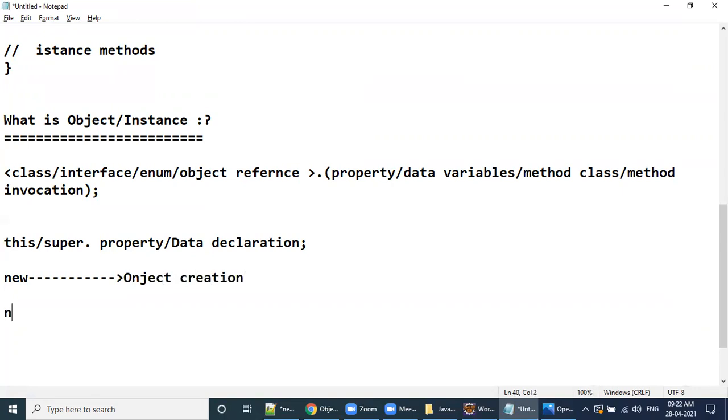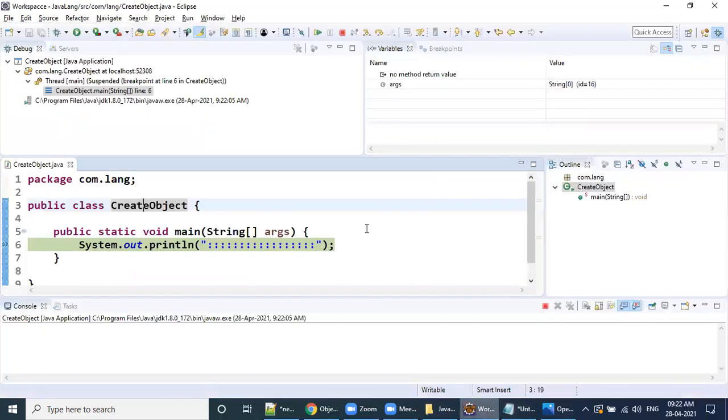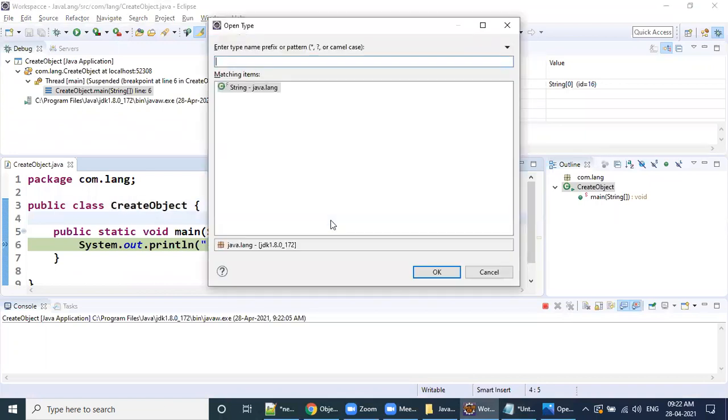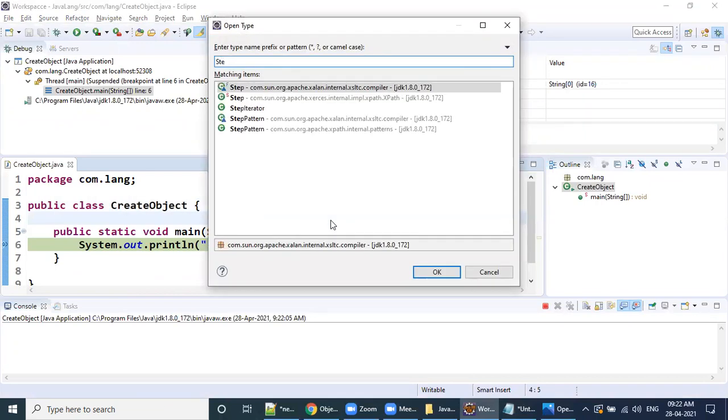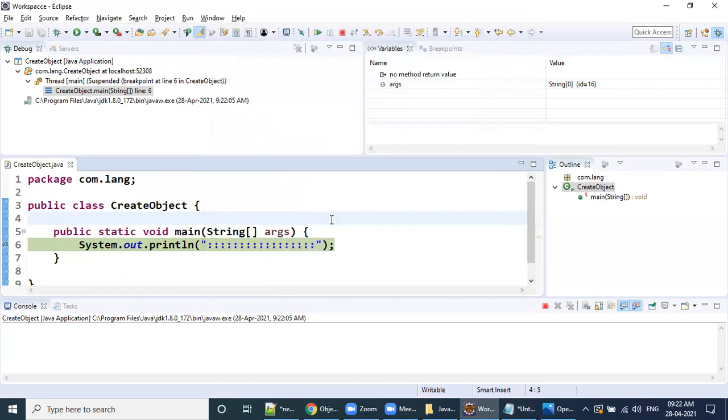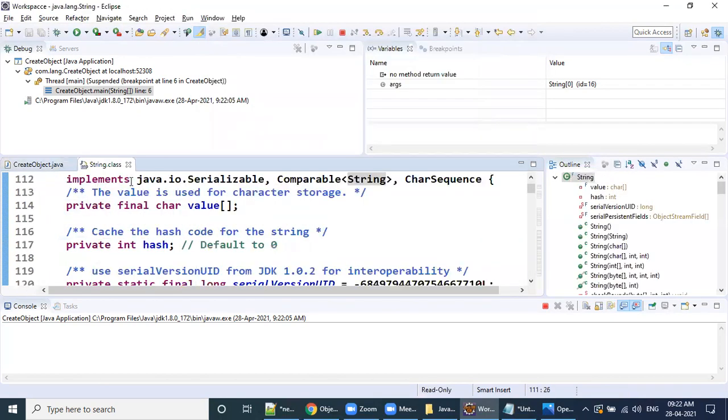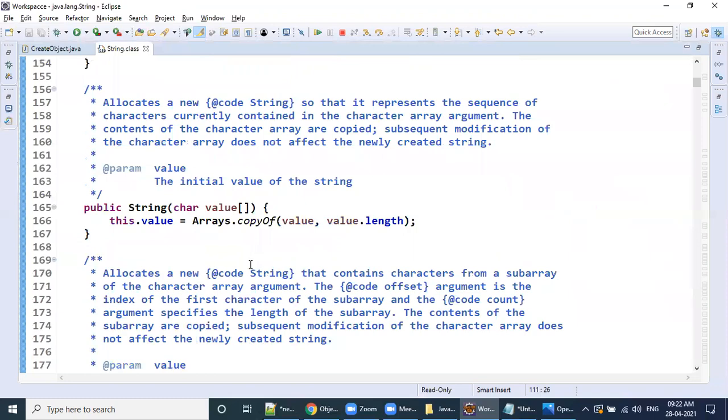See, there are two things here. New. How to follow the new statement? I'll discuss that in a while. But wherever you see new, that is nothing but object creation. What is the proof here? I'll tell you. Control Shift T. Go to the String class or any class. I'll show you the object creation. Open this class, maximize it.